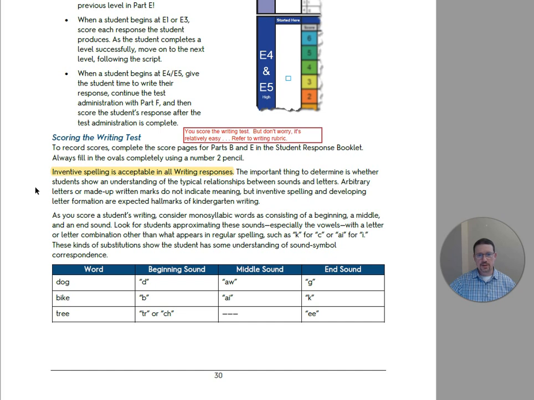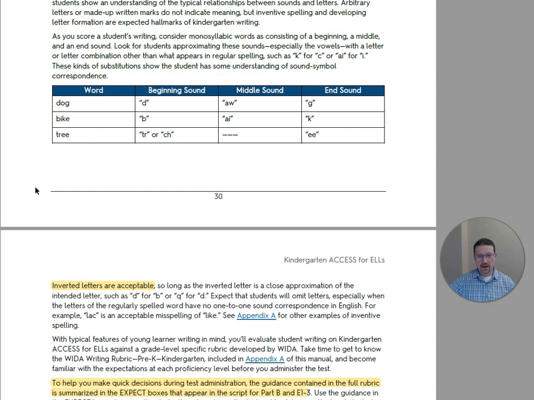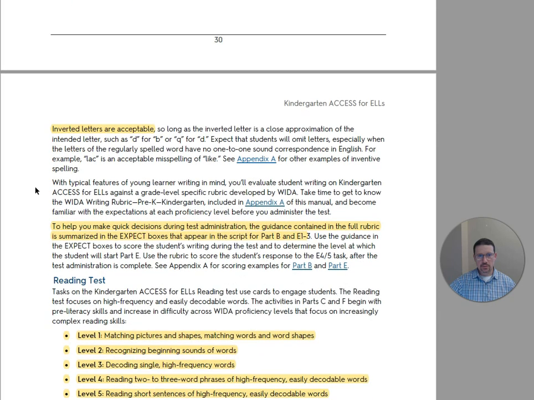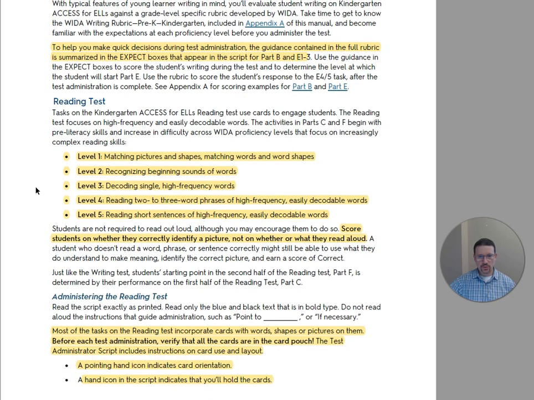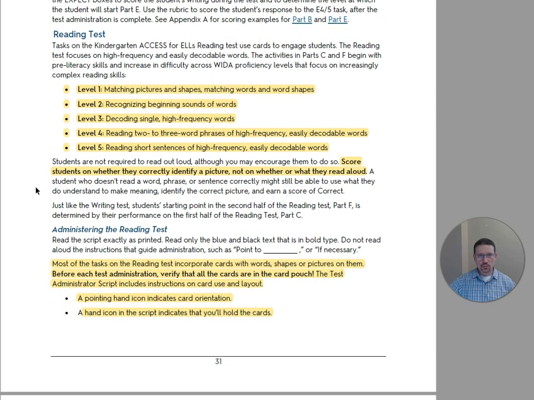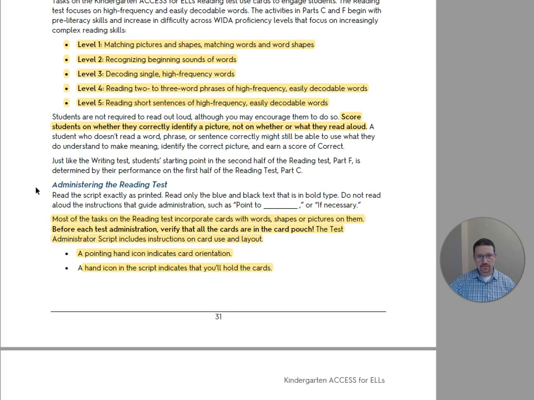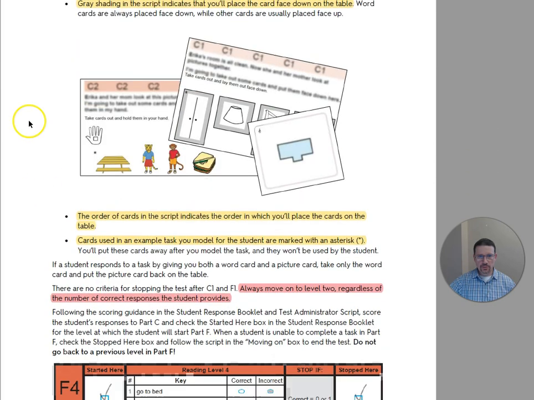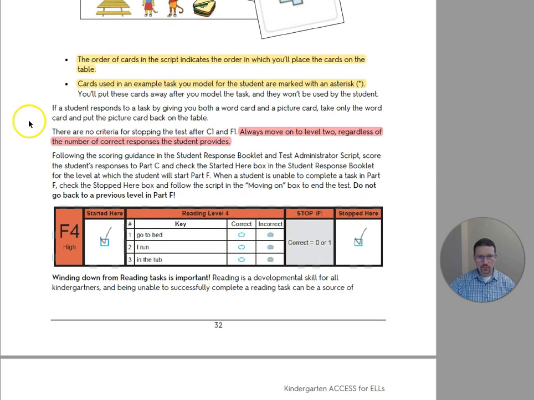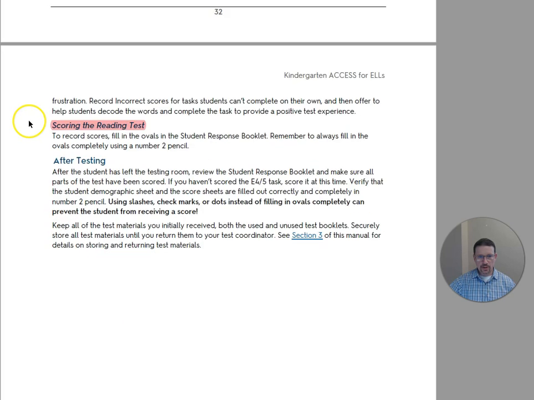Scoring the writing test is based on that writing rubric that I showed you in the back of the document. So I'm not going to go into great detail here. You can read through this. You're going to get practice online as you go through the online training part. And then the reading assessment, this gives you an overview of what you should expect at level 1, 2, 3, 4, and 5. This simply gives you an overview of how to manage the script, how to score it, and I